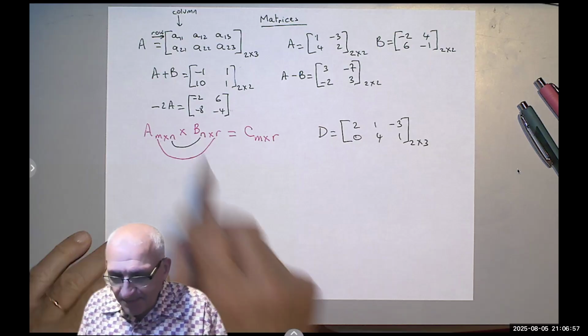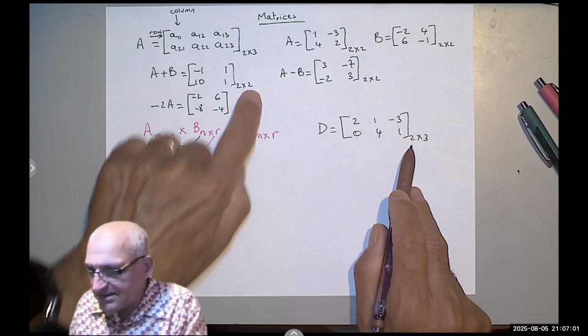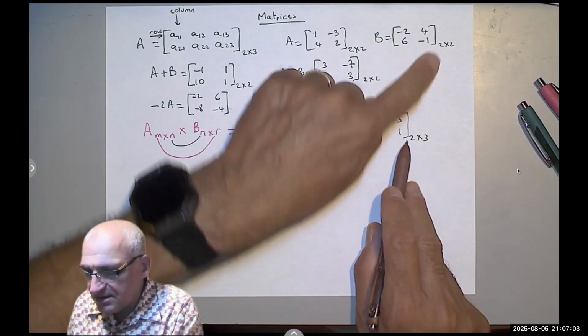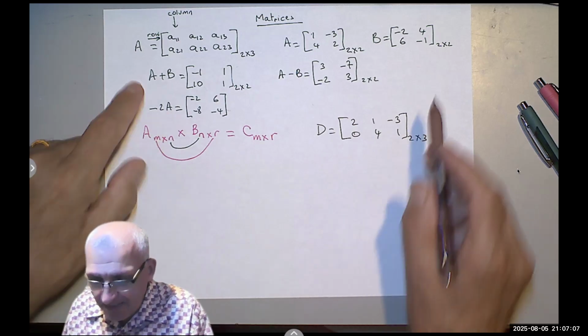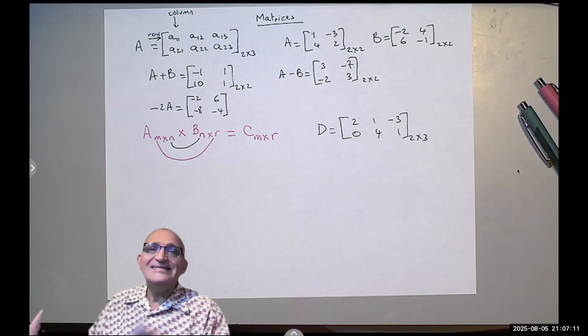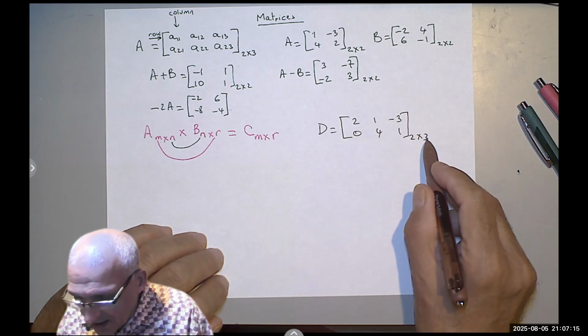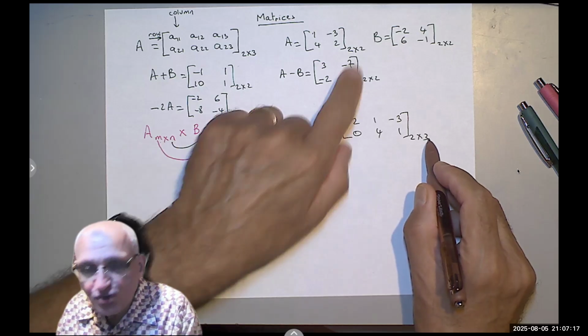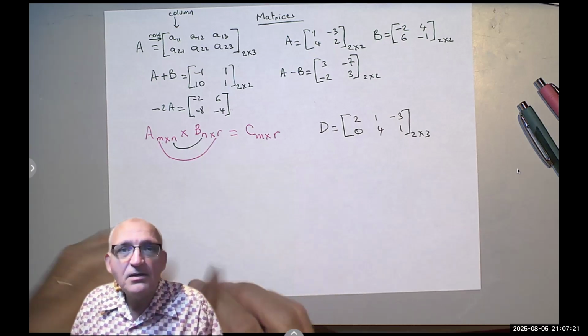Here, I can multiply A by D because 2 and 2 match. I can multiply B by D because 2 and 2 match. I can multiply A by B because 2 and 2 match. But I cannot multiply D by A because this has 3 columns and A has only 2 rows. We said the inner numbers must match, meaning